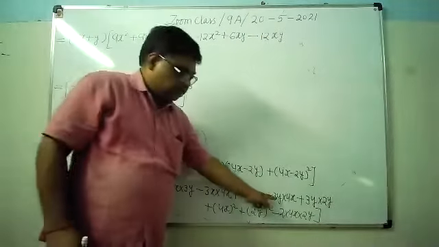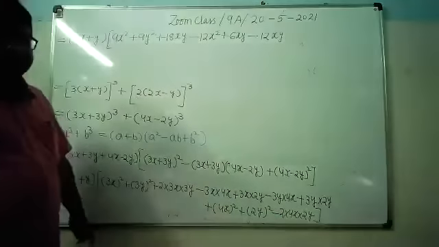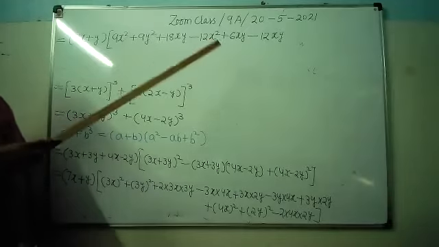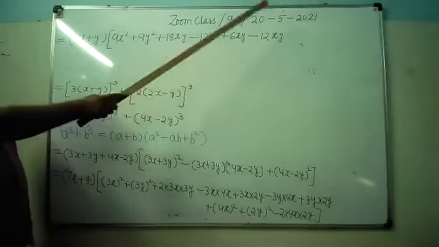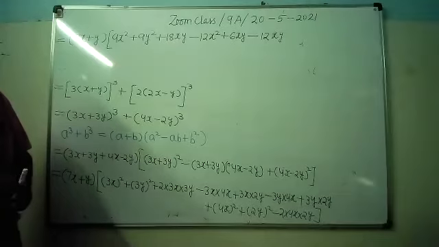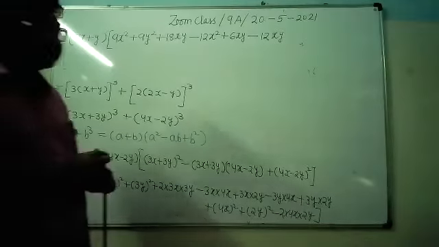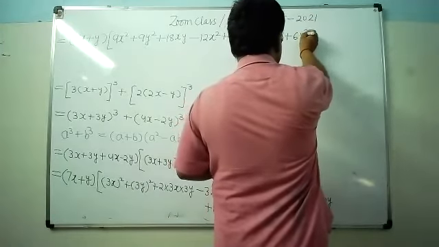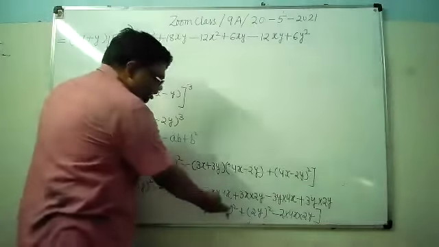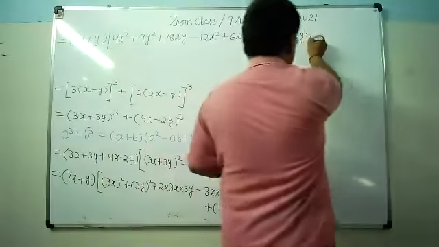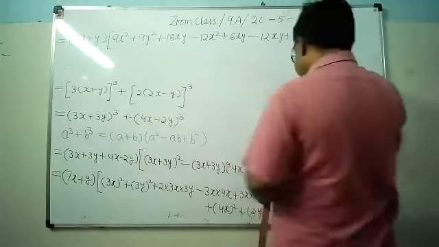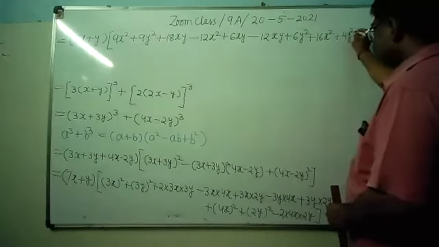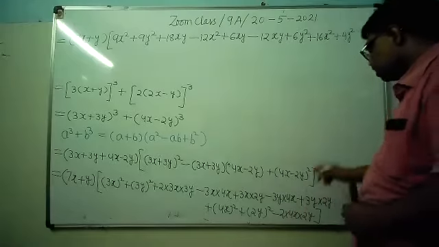We will not write 12yx. See here, 3 4 ja 12 yx. But whether you write yx or xy, it will be same. So since at one place I have written xy, further also we will write xy. Then 3y into 2y, it is plus 6y square. Then you can see here 4x whole square, this is equal to 16x square. 2y whole square, that is 4y square. And this is 2 4 ja 8, 8 2 ja 16.